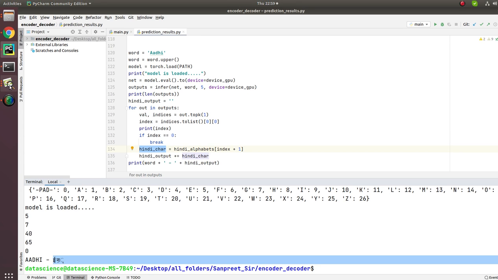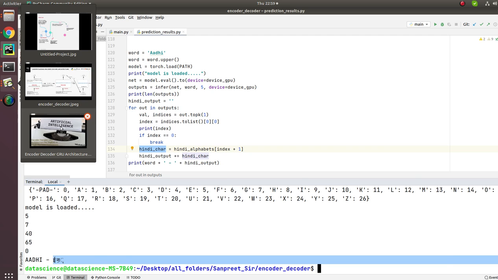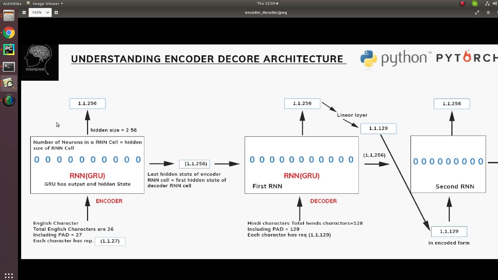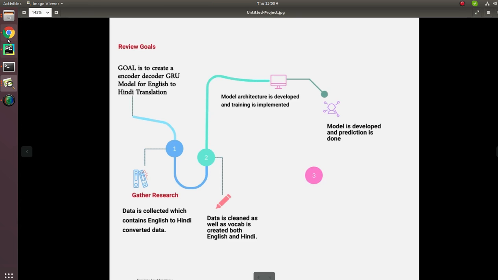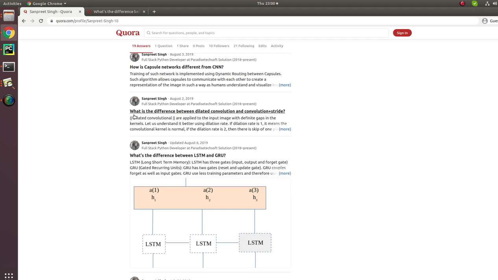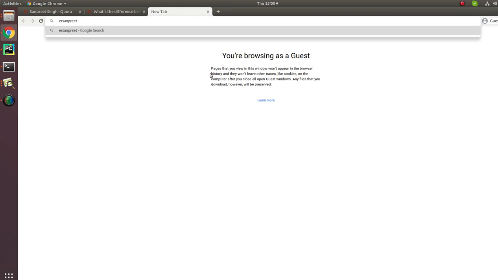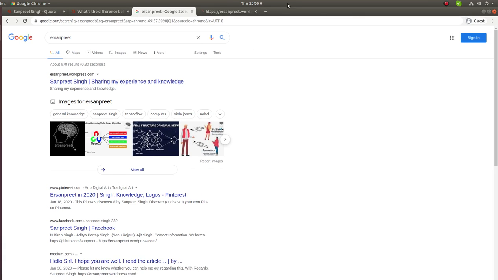But the core concept of this video is to explain an encoder decoder GRU architecture for English to Hindi machine translation. Along with that, I tried to explain the concept using well-defined infographics and images, show you the roadmap of that, and show you one of the posts on Quora. And if you are more interested in machine learning and deep learning, you can also see some of my